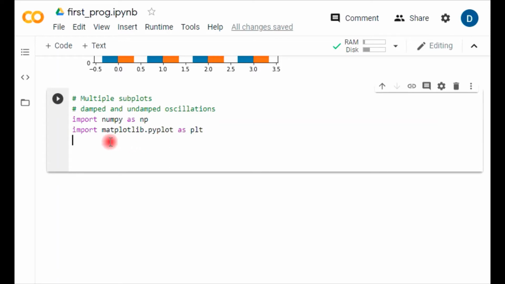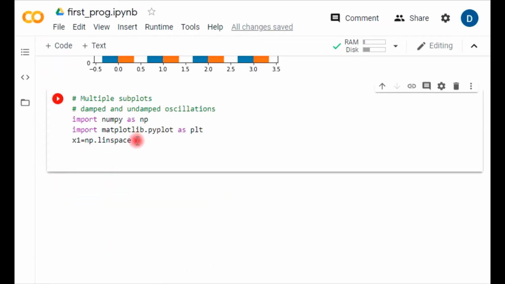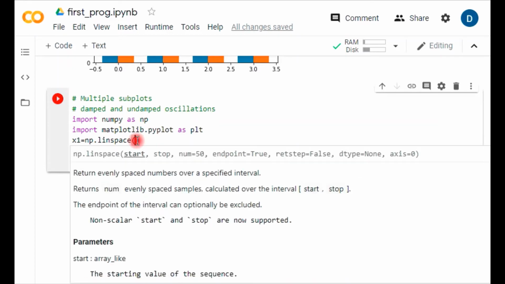Let's begin with the variables. First of all, create the first array x1 using np.linspace, the linear spacing function of numpy.